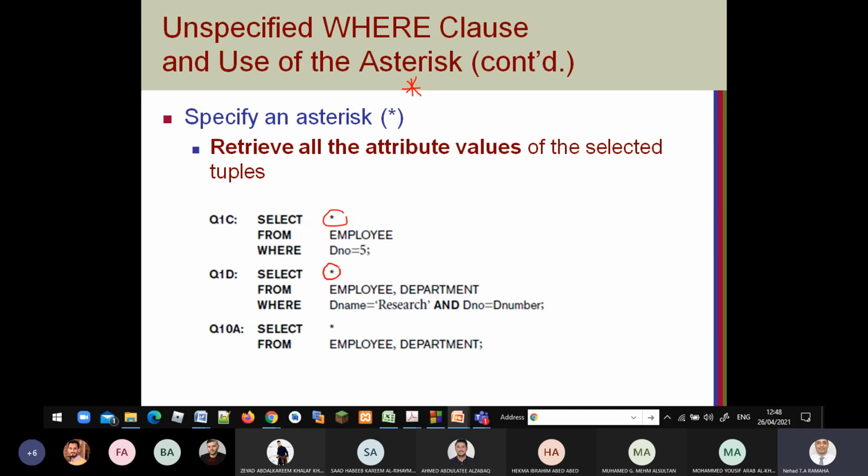Even if you use the star and you have 2 tables, this means all attributes from employee and all attributes from department that apply this condition. And what about this one? Query 10A. What's the result?